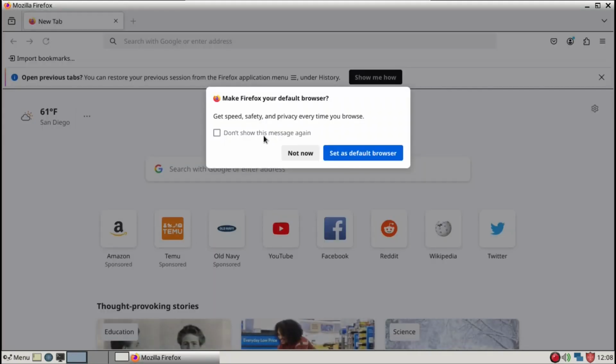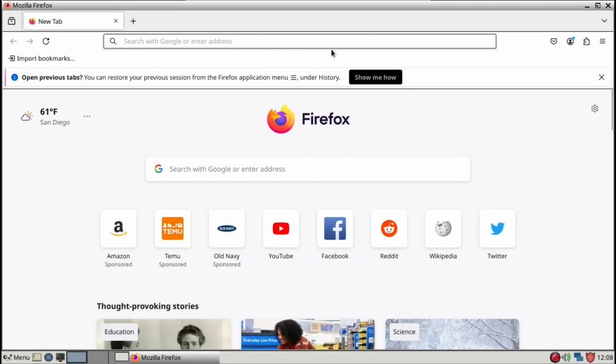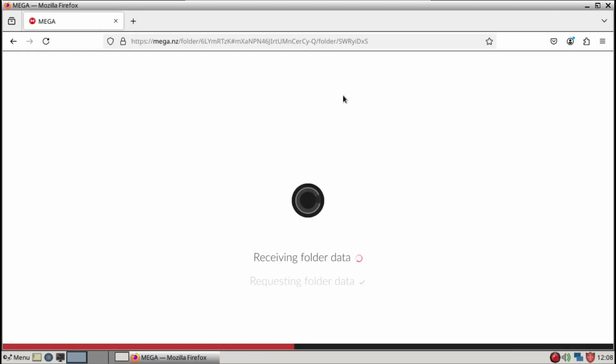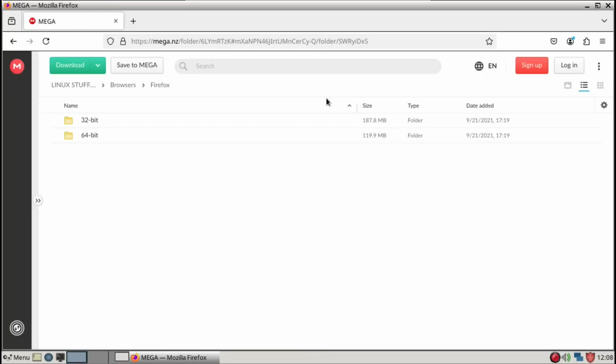So this is most likely Firefox ESR, but we're just going to Control V to paste. And one of the Puppy Linux forum members, Mike Walsh, has spent a lot of time and effort in